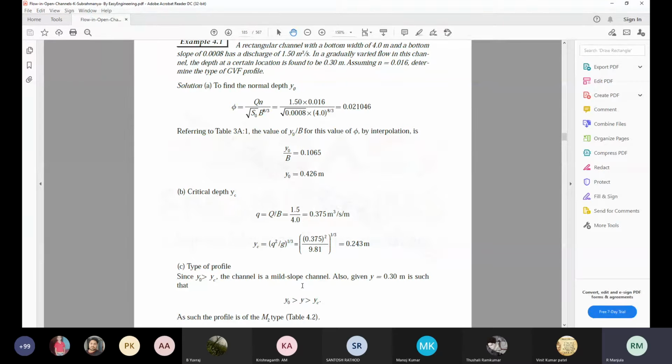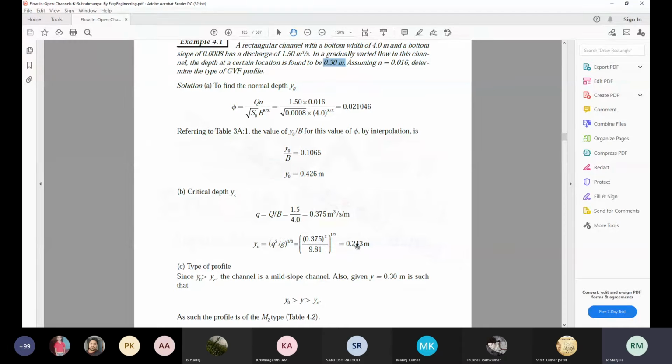When the normal depth is greater than critical depth, then the channel is a mild slope channel. But what is your Y that is given? Actually, the depth at a certain location is found to be 0.3 meter. Now, where is this 0.3 meter actually? 0.3 meter is in between